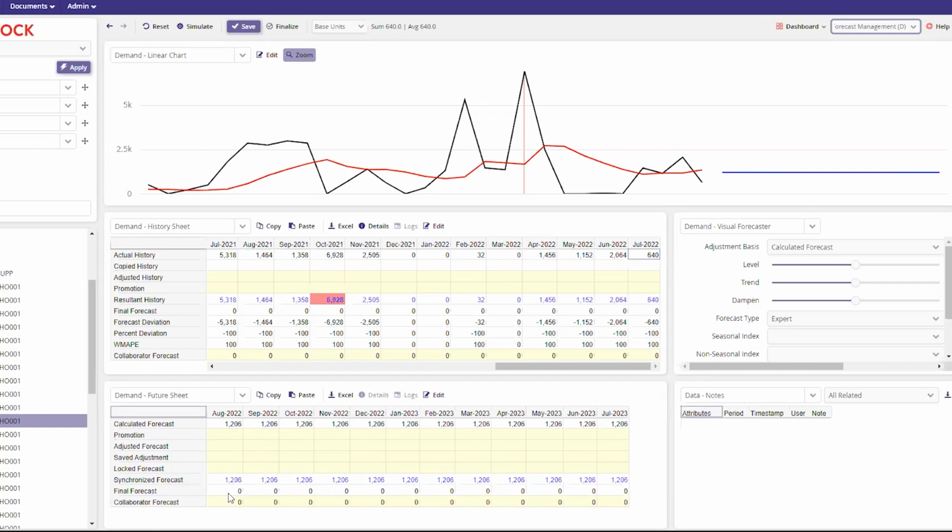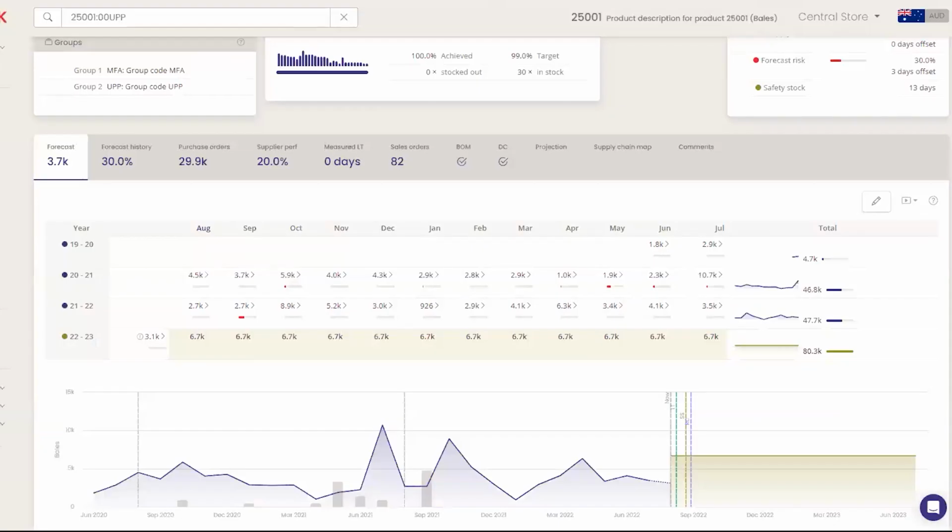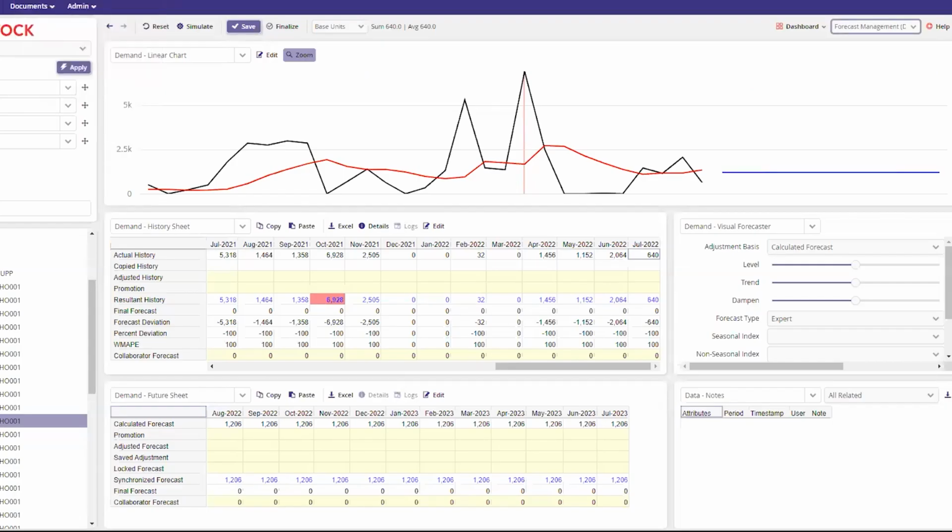Once we've finished reviewing and setting it all up, we can finalize that forecast, and that gets imported back into the app and replaces the originally computer-generated forecast in NetStock with your refined forecast based on all of your inputs from business knowledge. You may get a forecast from your major customers. You can also put that in here, along with any promotional information.